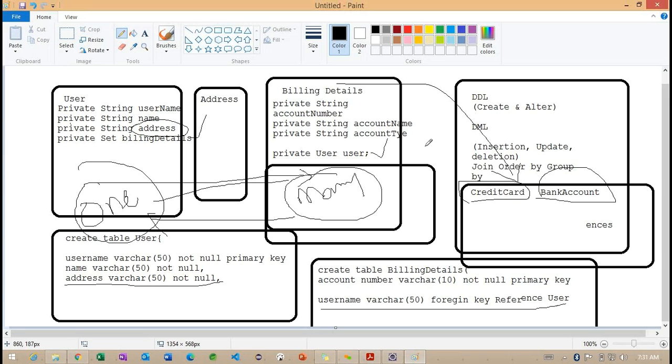Just for understanding, whenever we work with dynamic classes, how do we alter the table and add the columns into the existing tables? This is a very important drawback.